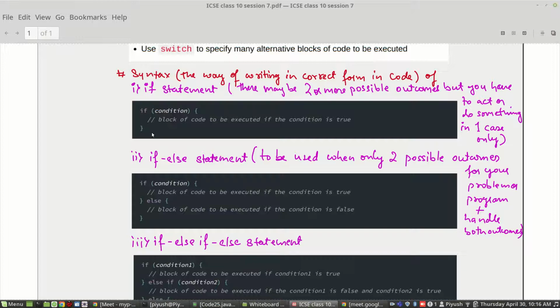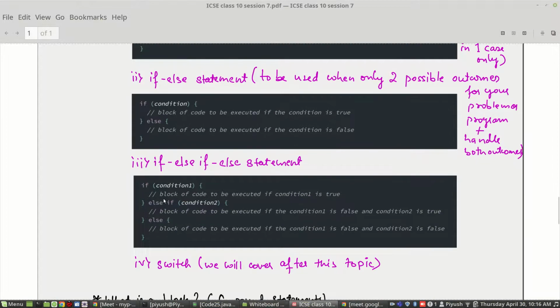Just after if, the condition that you see will contain relational operators giving rise to conditions, and based on the result of the condition, that is whether it is true or false, the block of if, or the block of if else, will be executed.